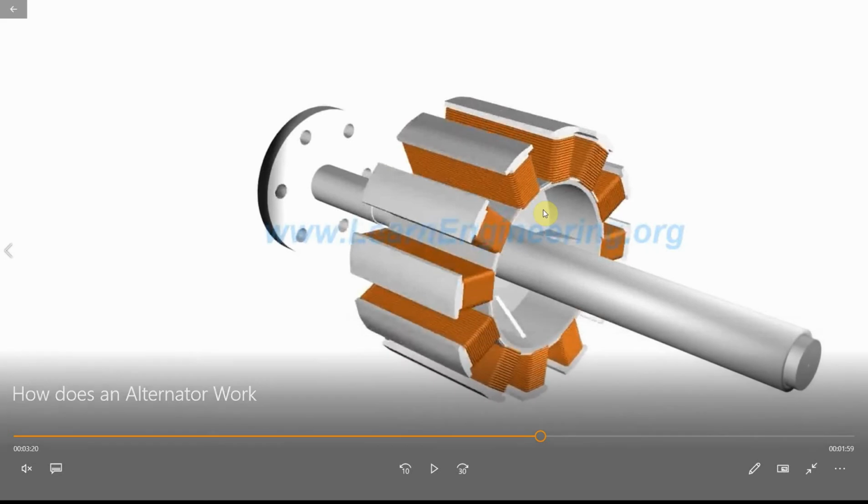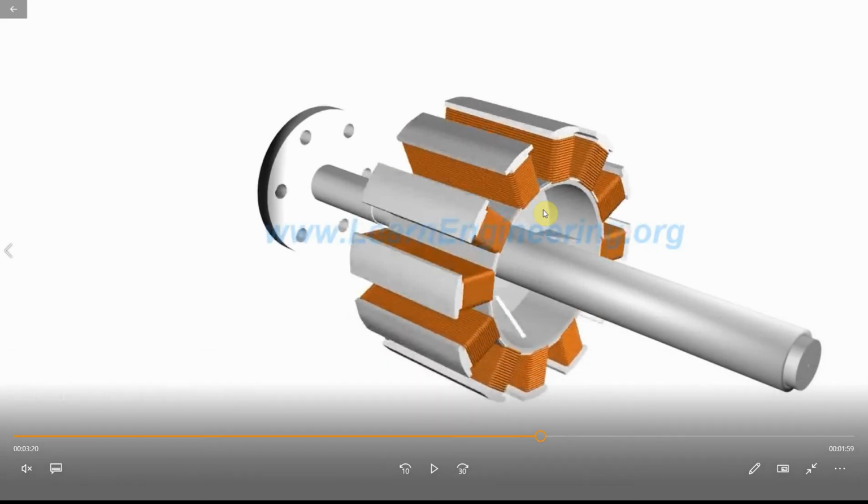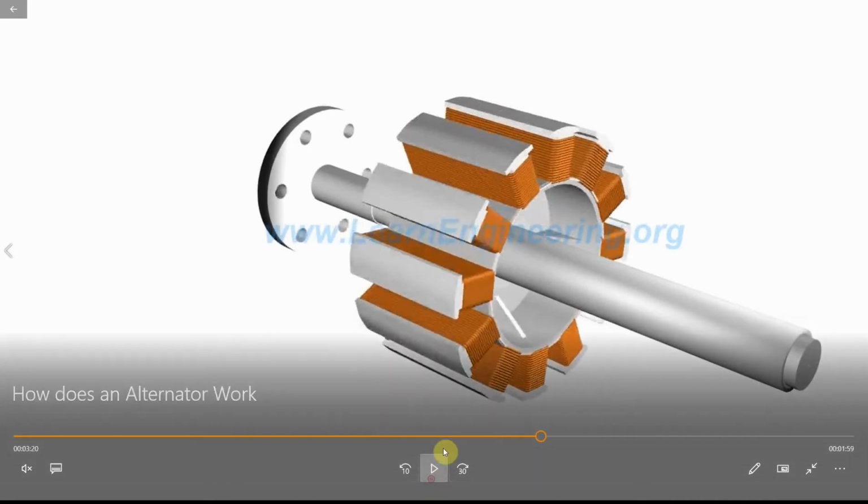But in the case of the cylindrical rotor, it is just the opposite, and it is used in thermal power plants. In a thermal power plant the rotor rotates very fast, because it is rotated by the pressure of the steam. As a result, Ns is very high, so P will be less. It was nearly 2 or 4, not more than 4. In the case of a thermal power plant, the rotor field is 4. Okay.